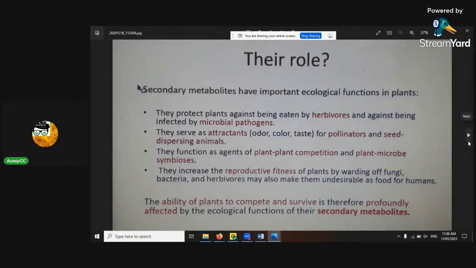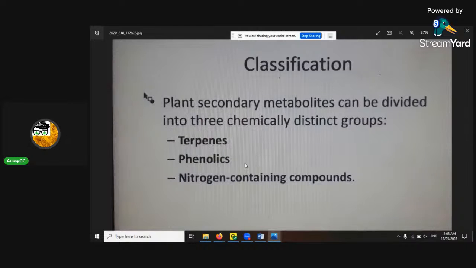metabolites. So cool. And there's 3 different sections of plant secondary metabolites, and it's terpenes, phenolics, and nitrogen-containing compounds. So I'm going to touch on the first 2, and specifically terpenes. Phenolics is when it breaks down, like you saw before, and goes into the flavons. So I'll go a little bit into the flavons and flavonoids, because they're also an important health factor that you want retained as well.